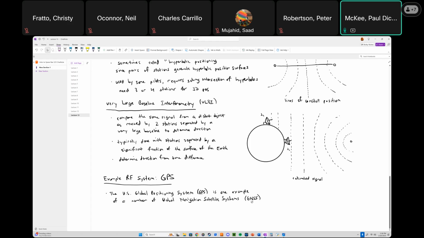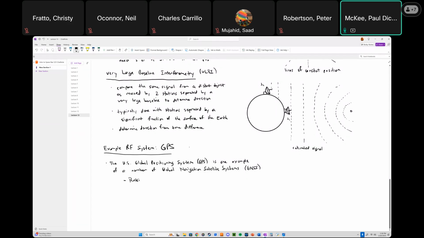So it's also worth mentioning that Russia has their own thing, which is called GLONASS. And the European Union has Galileo, cool name. And China has something called Beidou. So same basic idea. And I just want to sing the praises of GPS for a moment, because it's not